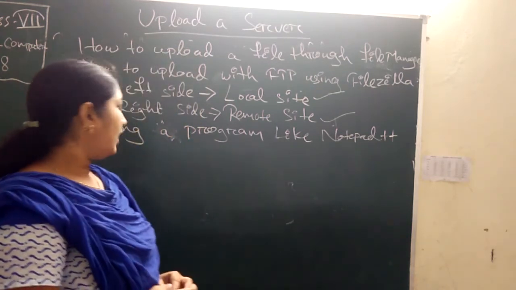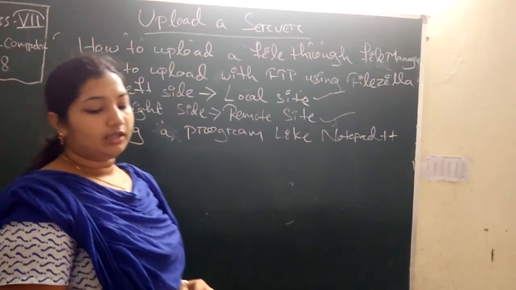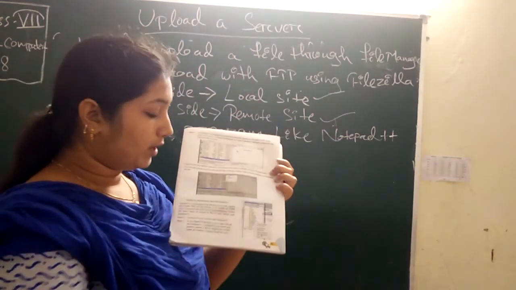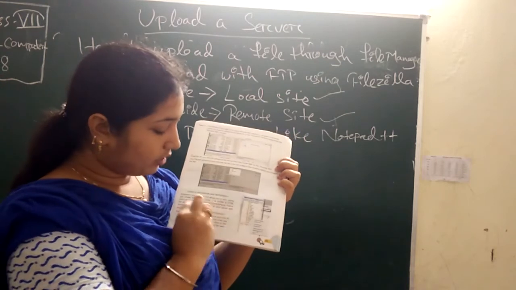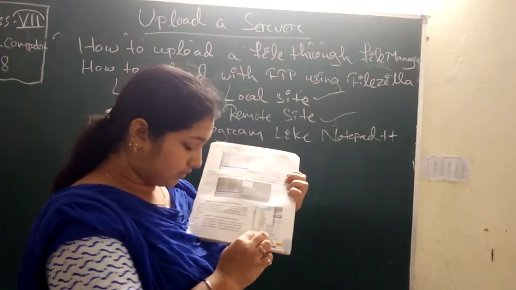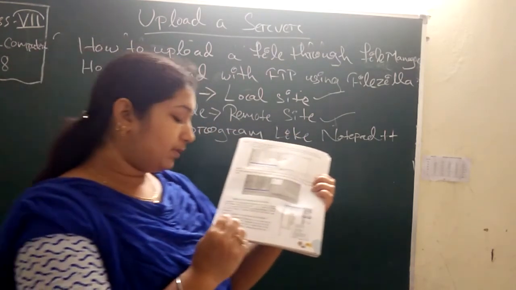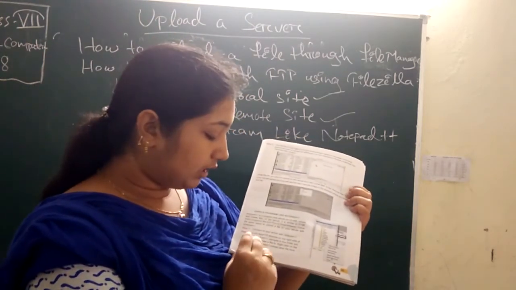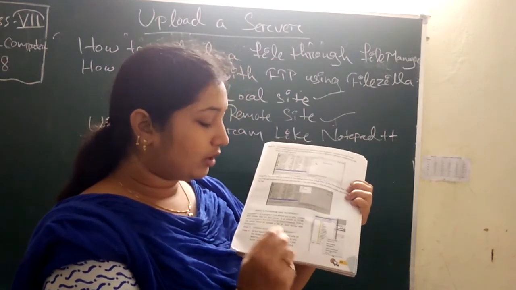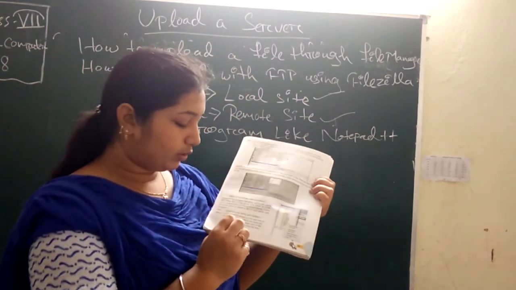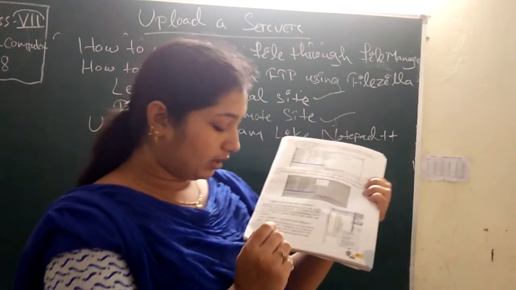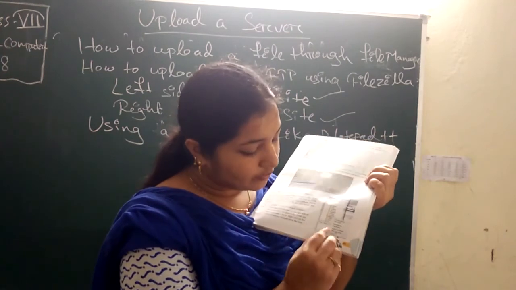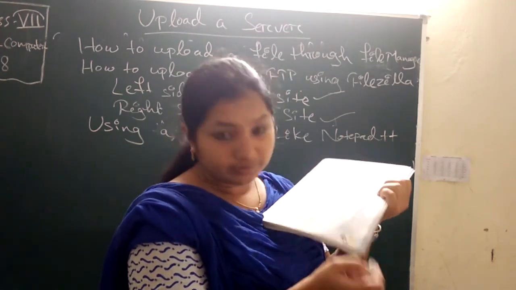And for that we have to follow some steps. In the first step, we have to connect to the server with Notepad++. You can see we have to connect the server with Notepad++. In the NPP-FTP window on the right side of Notepad++, navigate to the folder you want to upload a file to, right click on the folder and select upload other file. Here you can see the option upload other file is coming.